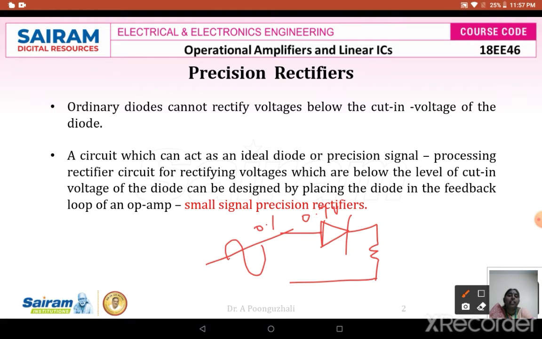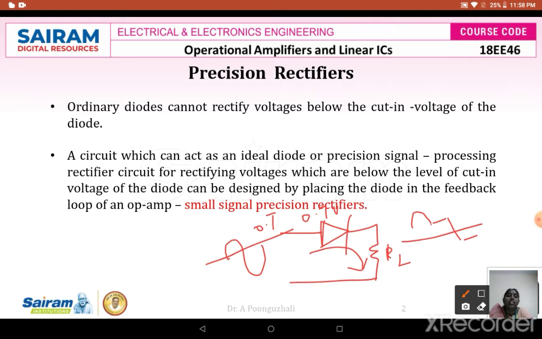In that case my diode will not be forward biased and I will not have any output current flowing. Next, when my input is slowly increased until it reaches 0.7 volts, or goes greater than 0.7 volts, only then will my diode conduct. When the diode conducts, current will flow through the load resistance and I will get an output voltage. That means my output voltage will start from 0.7 volts. Similarly, I will not have any output till this 0.7 volts, and again at minus 0.7 volts also I will not have the output.